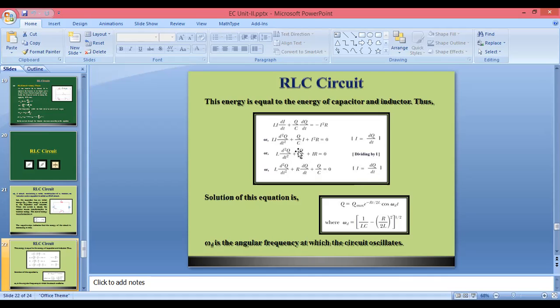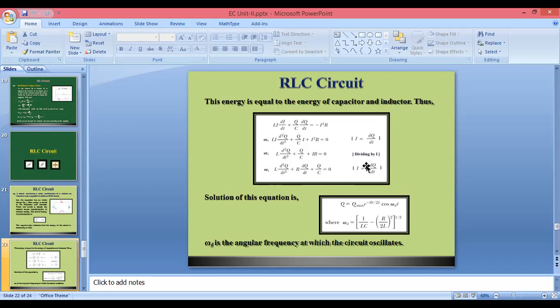Now what we can do here, again we know I equal to dq by dt. So again if you are taking here, this Q by C, again you can write here in the form of Q by C, because we know we can take dq by dt as I. If we want to write here in the form of capacitor, we can again rearrange that equation and simplify it in the form of L d square Q upon dt square plus R dq by dt plus Q by C equal to 0.